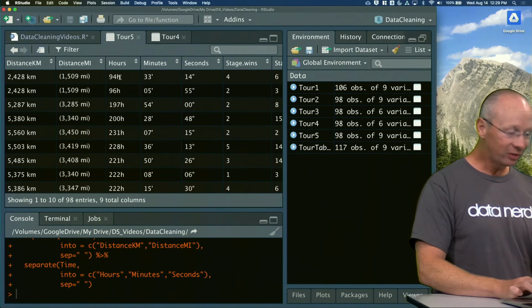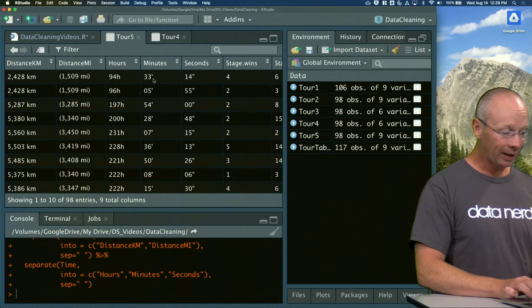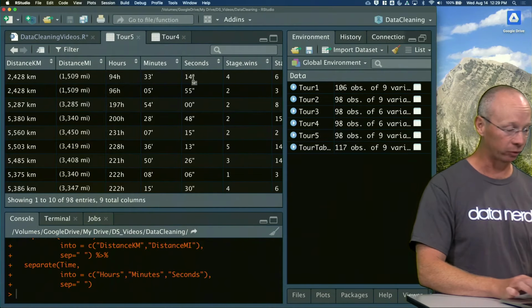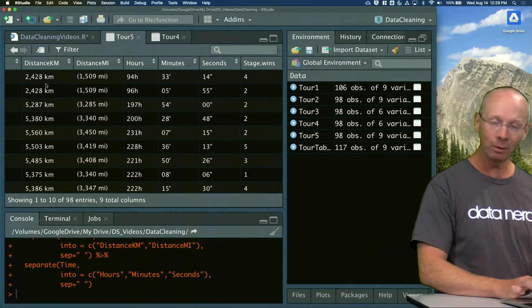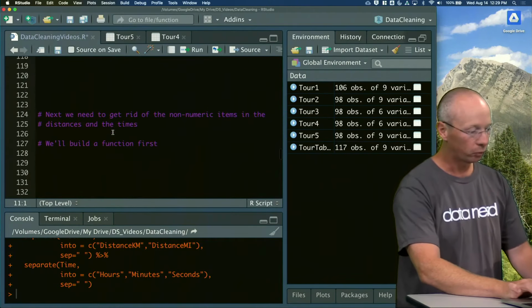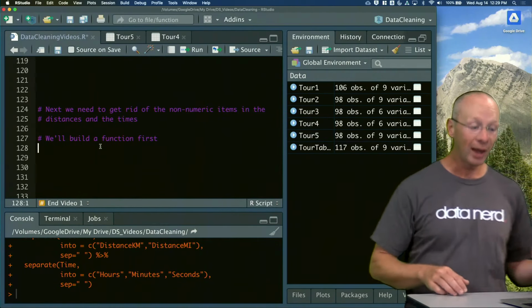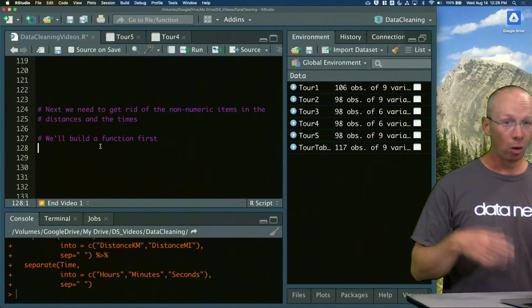Except this now has an H in it. That guy has an apostrophe. That guy has an apostrophe. This has a KM, a comma. This is a mess. Okay, so what we're going to do, and this is potentially pretty complicated on some data